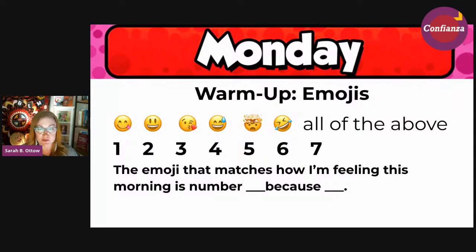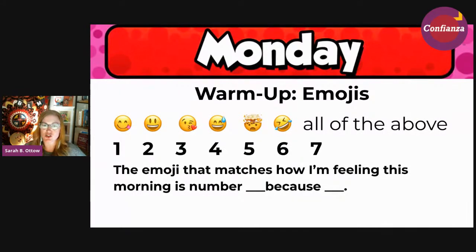Here's an example from some instruction that I was doing last semester when the coronavirus pandemic hit. And I was working with a group of first and second graders. And I blogged about this spring as well, where I really wanted them to see themselves in the learning, as much as possible. And who doesn't love emojis, especially little girls, and in my group, especially the little girls I was working with.